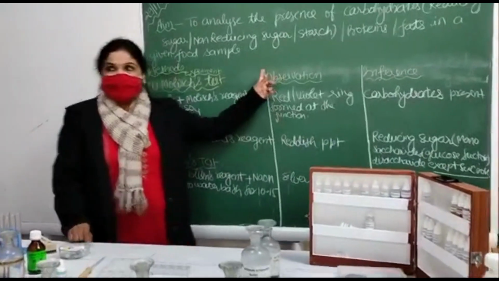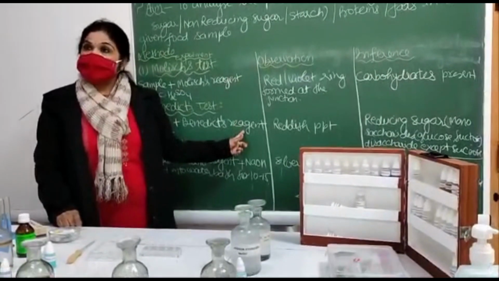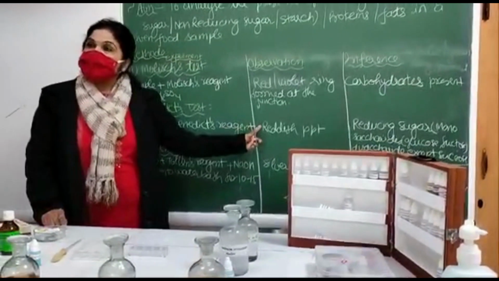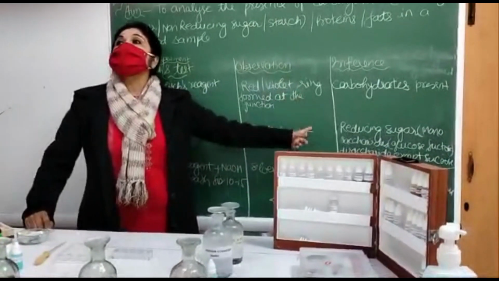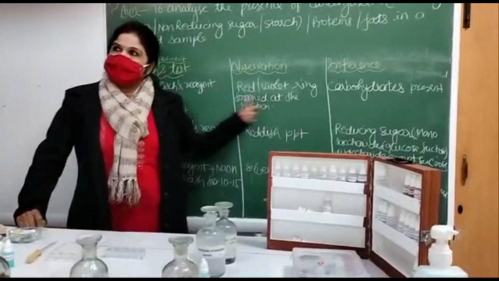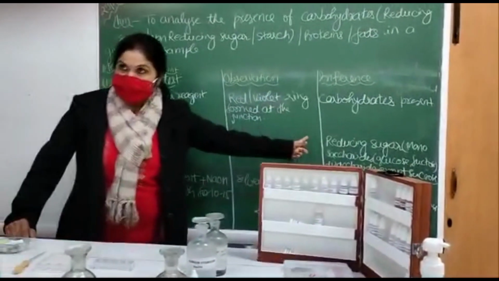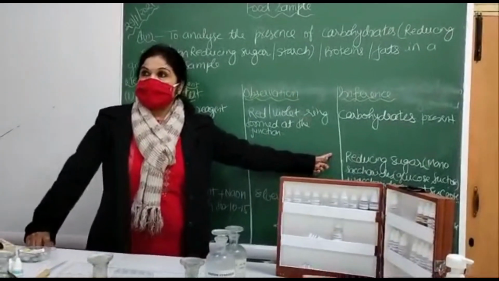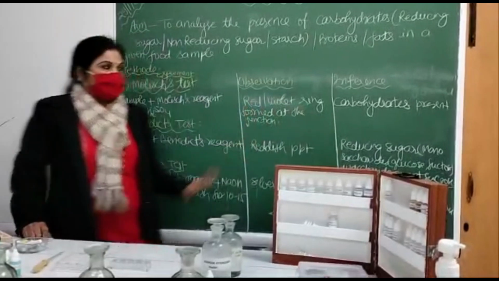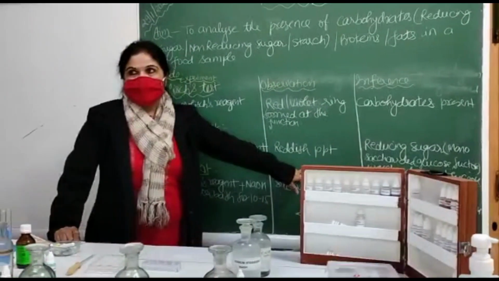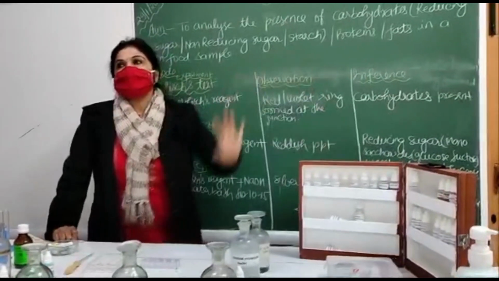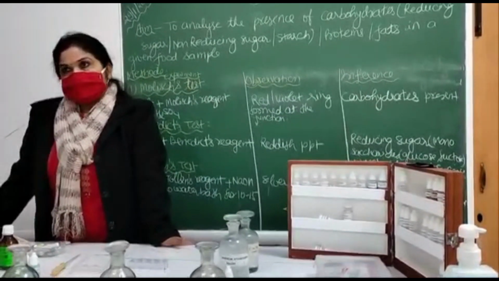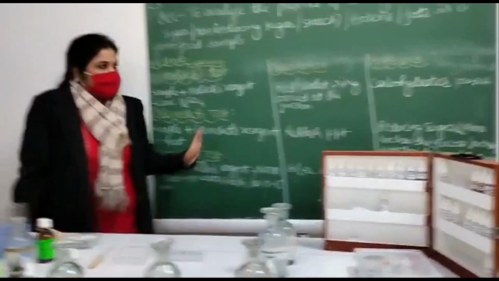But if you are getting Molisch test, but you are not getting Benedict test, that means you are not getting any reddish ppt, negative test, it means the carbohydrate is non-reducing sugar. If you are getting reddish ppt, that is reducing sugar. If you are not getting any reddish ppt, that is non-reducing sugar. Right? Okay. So suppose you are getting reddish ppt, that is a confirmation of the reducing sugar, that may be glucose or any disaccharide except sucrose. Okay, this is a confirmatory.